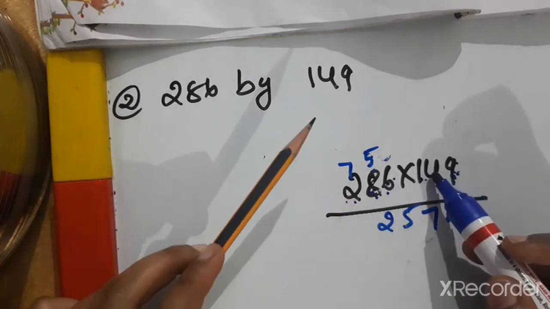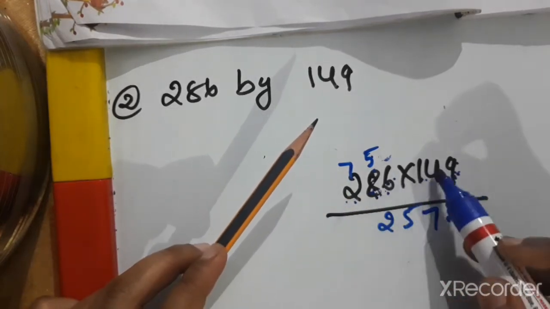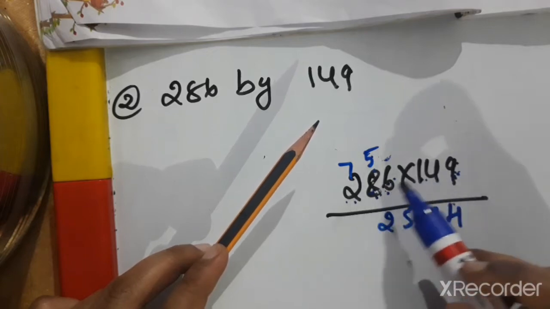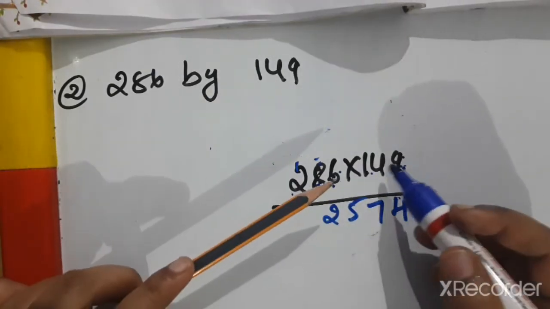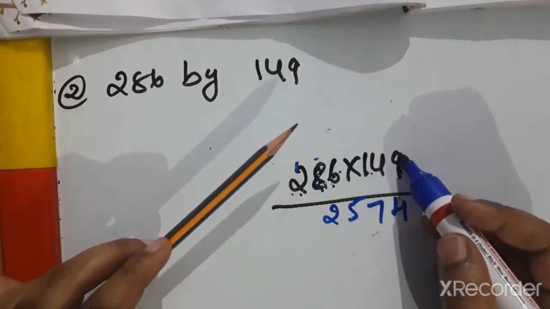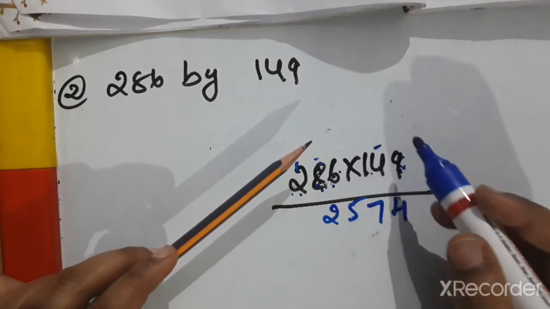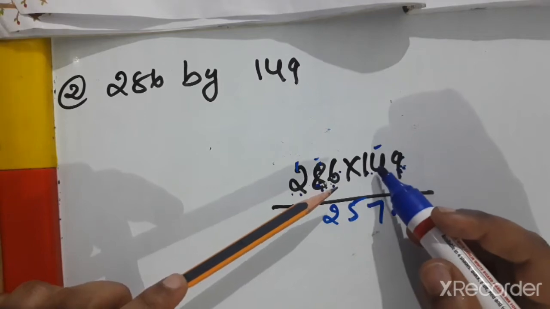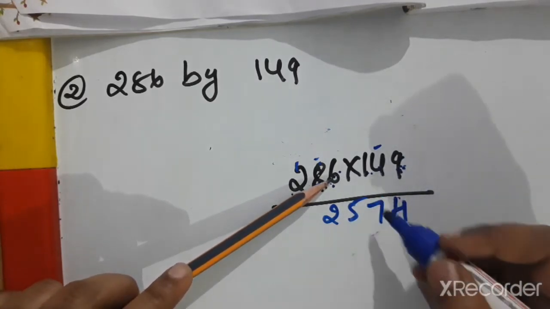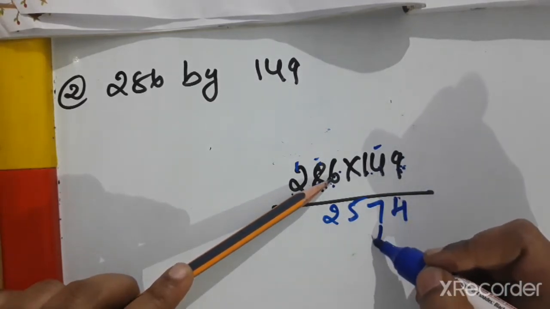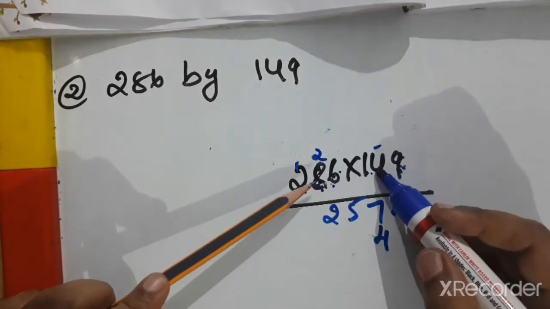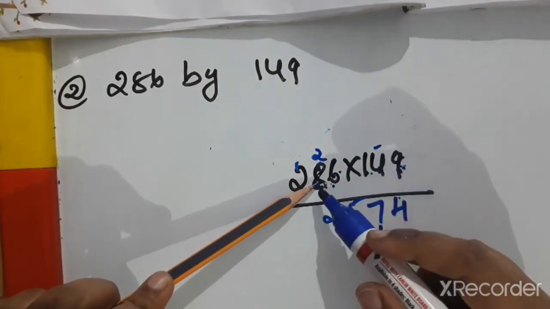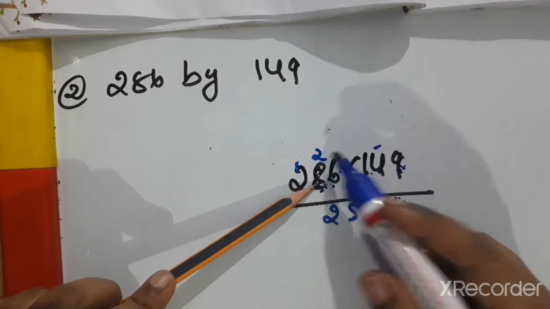Now we have to multiply 4 with 2, 6 and 4 into 8, 4 into 2, 4 with each number. Now 9 with 9 multiplication is over. Now with 4 we have to multiply. 4 6s are 24. So 4 here to carry out to the next number. Now 4 with 8. 4 8s are 32. 32 plus 2 is 34.